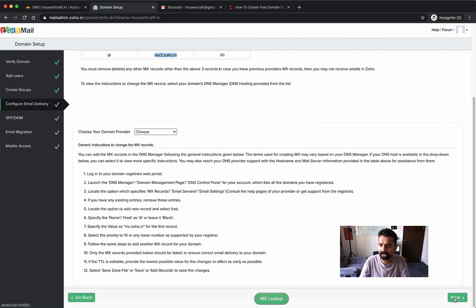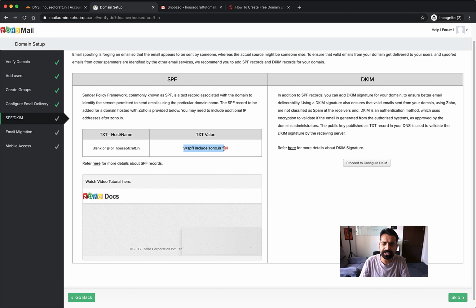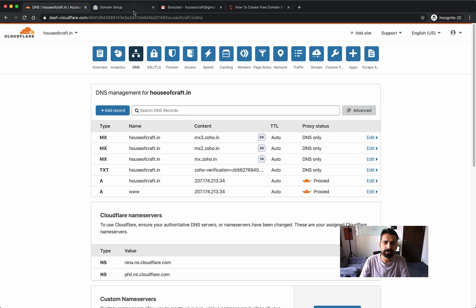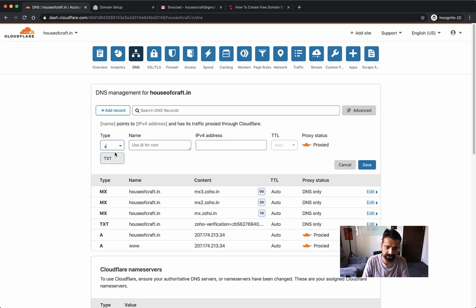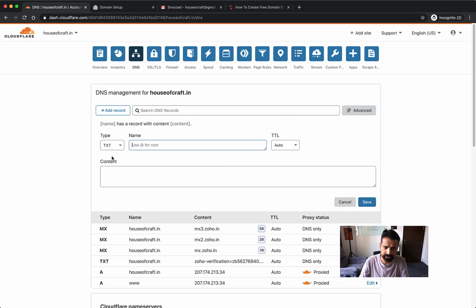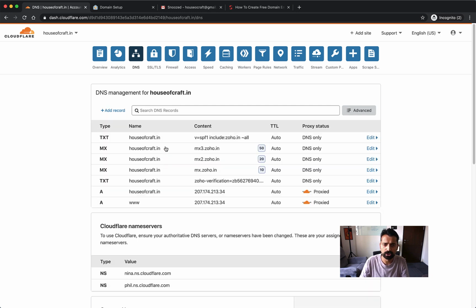It may take a little time, that's okay. And then we need to add the SPF record, so that your domain name will not be spoofed by spammers. For this we need to add a TXT record, so let's select TXT. Let's click and just add the value.